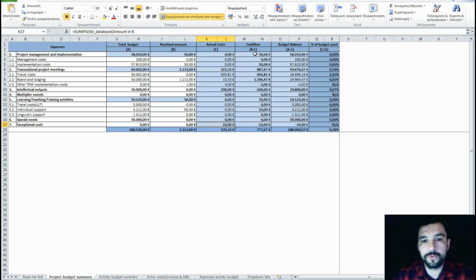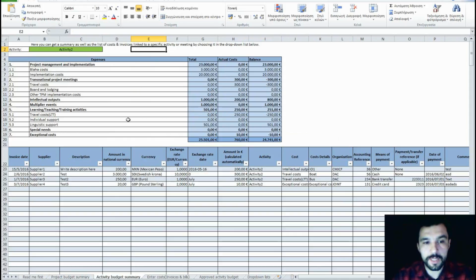B minus C will give you the cash flow. A minus C will give you the budget balance, and you have it also as a percentage in the last column. If you go to the activity budget summary, you will see that you can